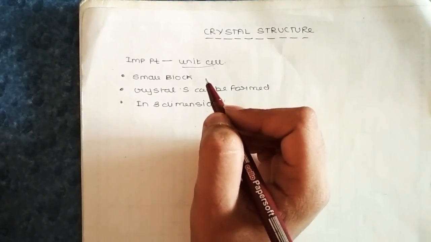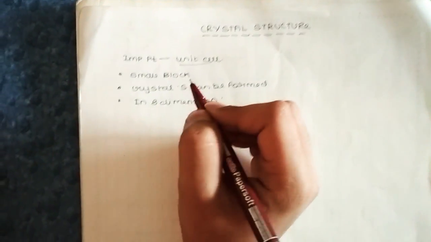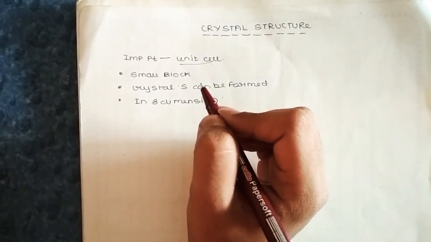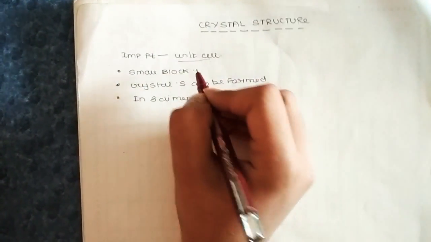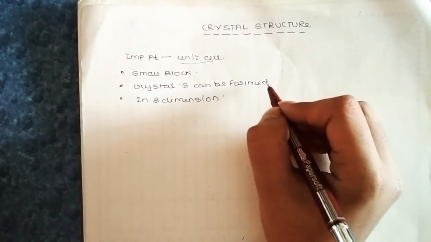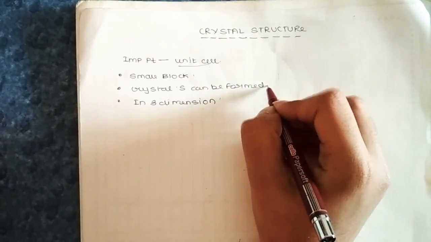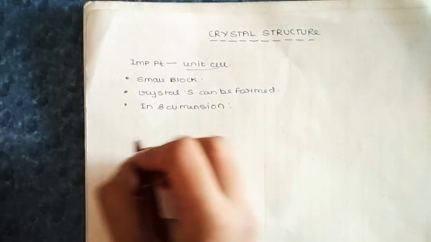The very first basic question which comes to our mind is that we have to keep these three important points. We have to remember these three important points, that it is a small block or a geometrical figure in which the crystal structure can be formed in three dimensions. So if we want to define a unit cell,